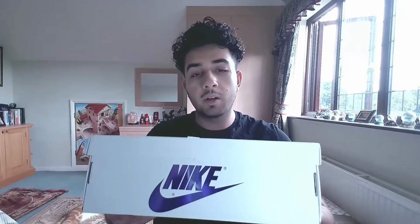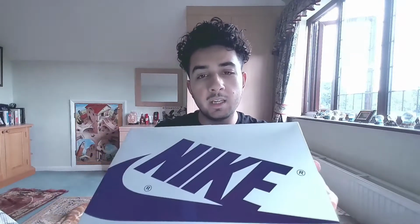So you're immediately greeted with this flashy reflective Nike logo in a court purple, surrounded by the whiteness, because this shoe has hints of purple in it, but the majority of the shoe is basically white if you've seen the pictures. It's court purple because of the court purple accents throughout the shoe. So the box is basically all white with the Nike logo slapped on in the reflective purple colorway. You've got the same thing going on here, and over here,